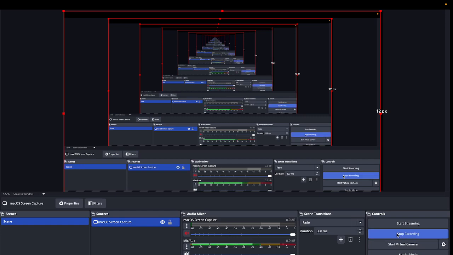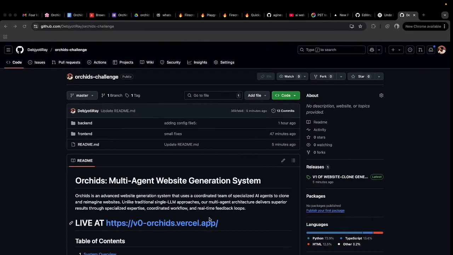Hello, this is Debjyoti, and I'm preparing this video for this Orchids assessment challenge to create an automated website clone generator. Here is the GitHub that's associated with it, where I've pushed all of my code and I've added the corresponding README, the documentation, wherein I've tried to explain in my terms how I have created a multi-agent orchestrated system